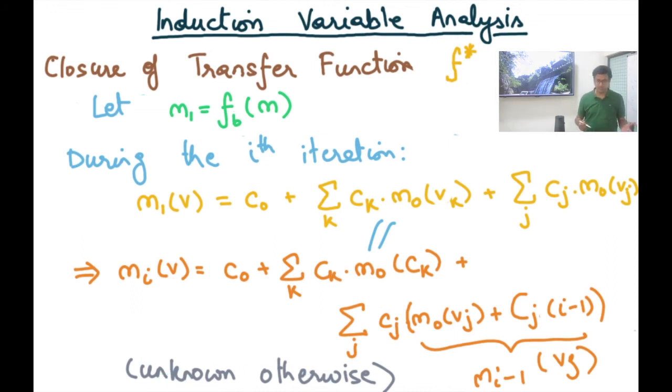So even for M star, if it is true that I cannot represent the transfer function of V as a summation of only loop invariant and basic induction variables, even then my analysis is going to just say that it is unknown. Of course, this is the conservative answer. Unknown is always a conservative answer.